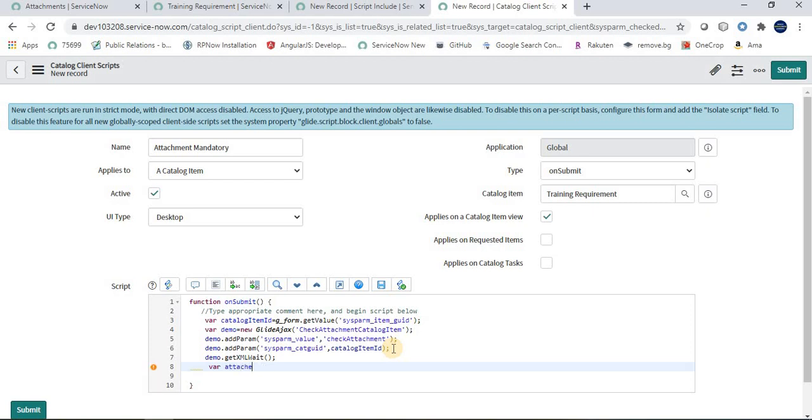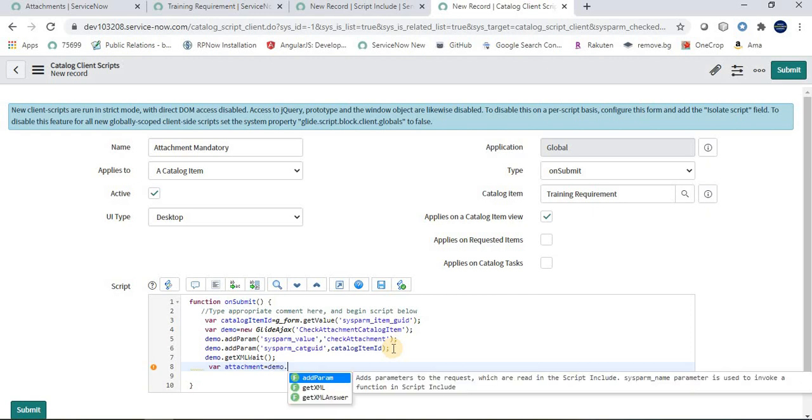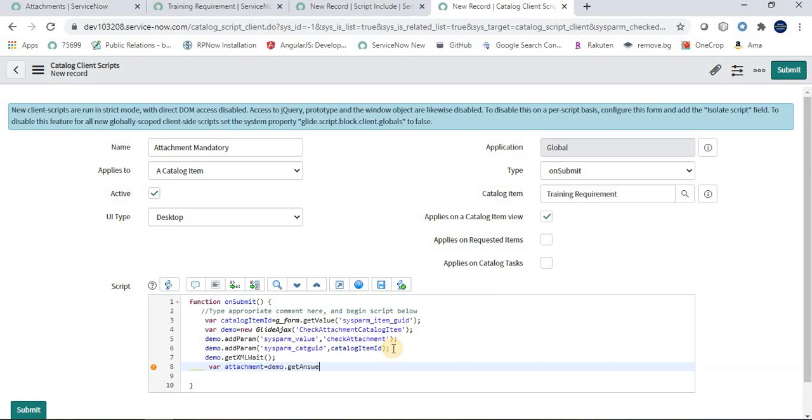There must be some variable which will store the return value from the script include, right? So this is the way to do that. This is getAnswer. Through this function we are storing a value to this particular variable. This will give us a value returned back such as yes or no. Okay, so here we are done with this.